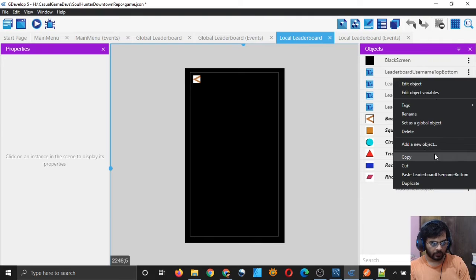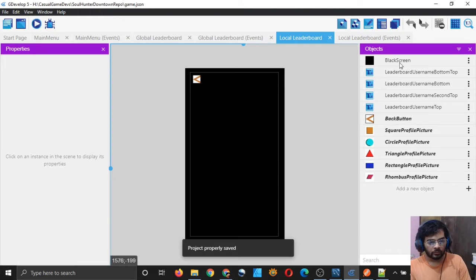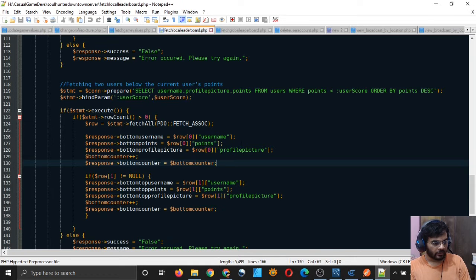Kind of unintuitive. I don't know why we did this. Bottom top, top, second top, bottom top. I guess it makes some sense. So let's keep it exactly the same way in which the server is sending the data to us.